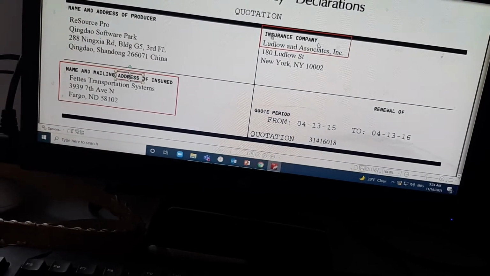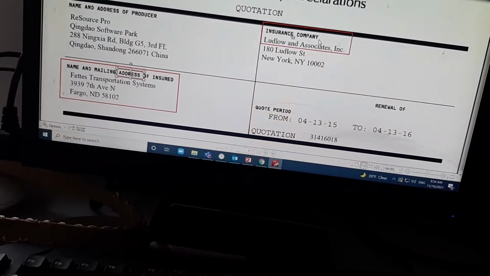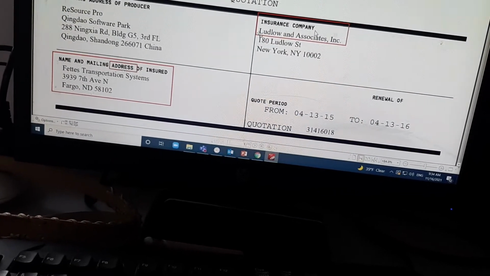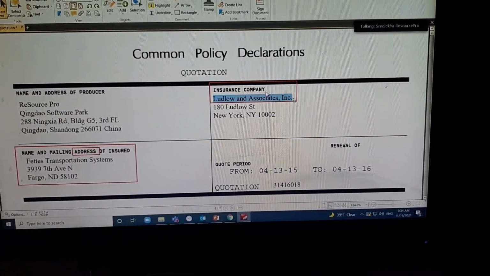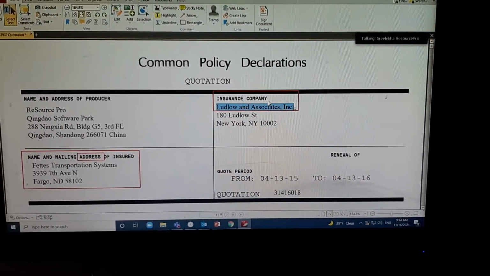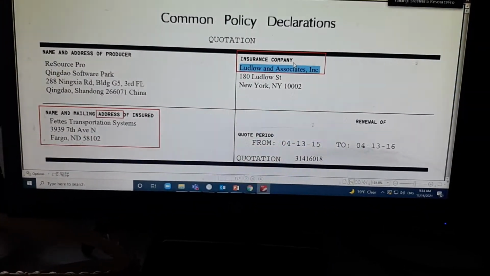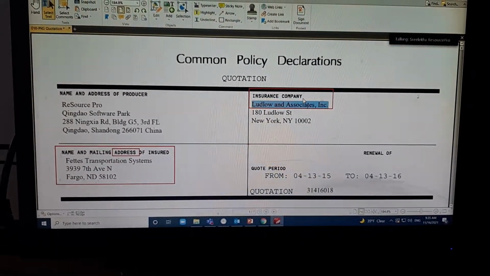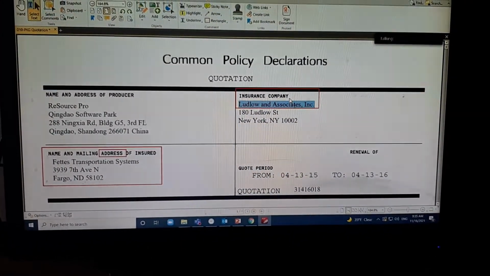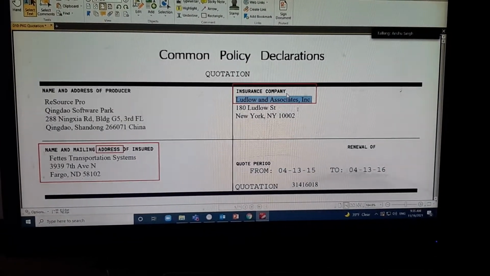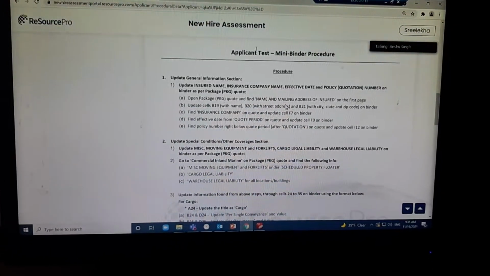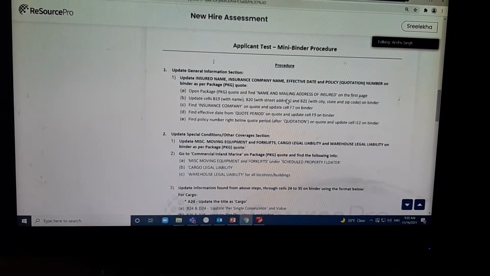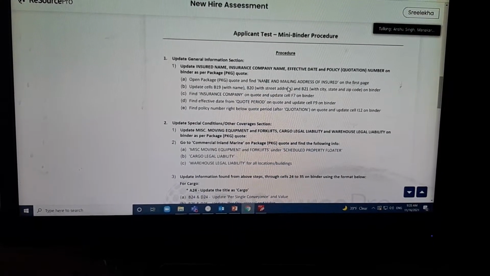Here they have mentioned only the insurance company associates INC. After INC there is a full stop. So if it is mentioned, please copy that as well. If you miss that out again, that will be considered an error. So I'll just copy it, and in which cell do I have to paste it? F7. So F and 7, I'll just paste it. Is this clear?